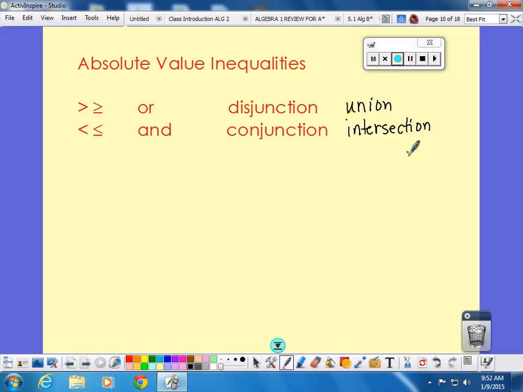But what if it goes the other way? What if instead of meeting each other on the graph, one goes to the right, one goes to the left, then they would have no points of intersection at all. So what's my solution? If there are none, no solution. You guys are looking at me with a blank stare, so I need to back up a little bit,